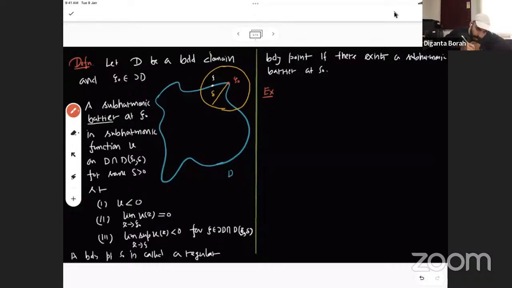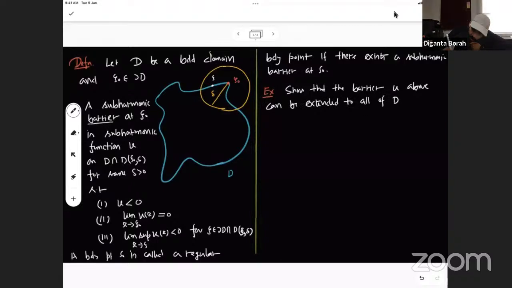But this exercise tells you that you can actually extend the function to all of D. Show that the barrier U above can be extended to all of D, and it can be extended so that it satisfies